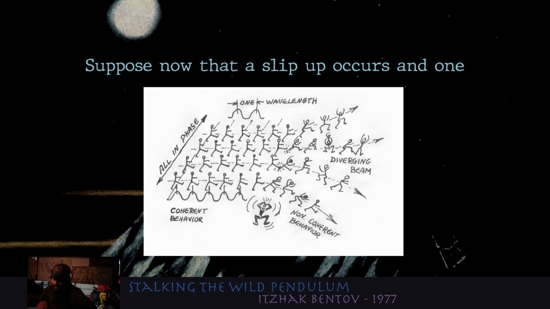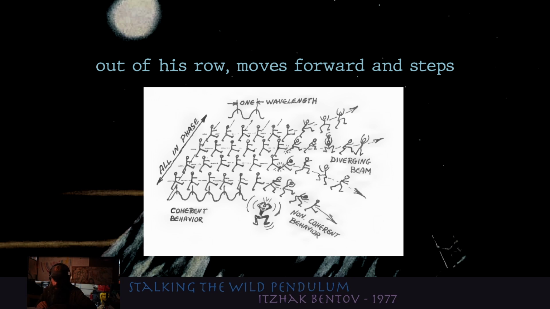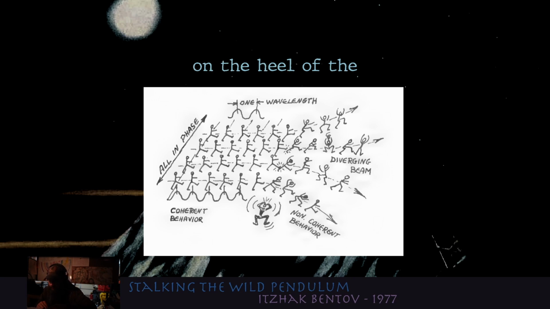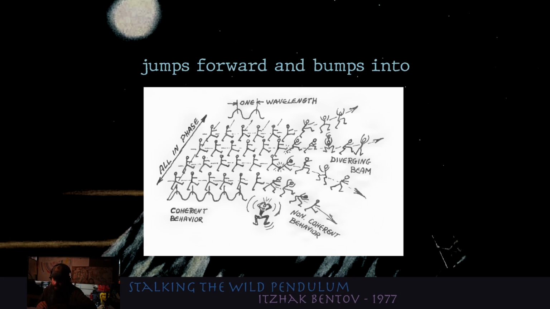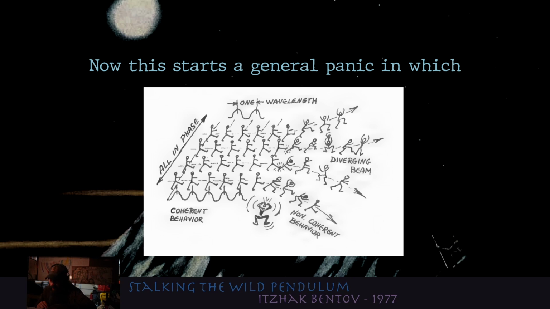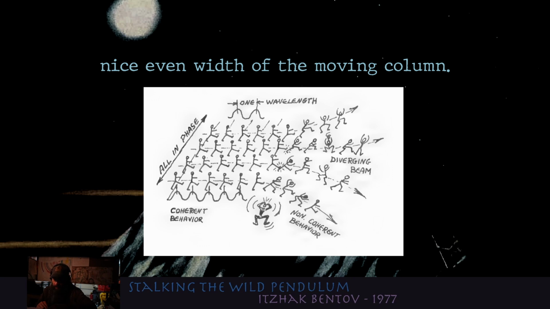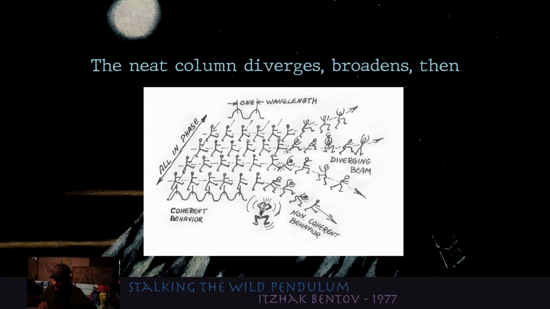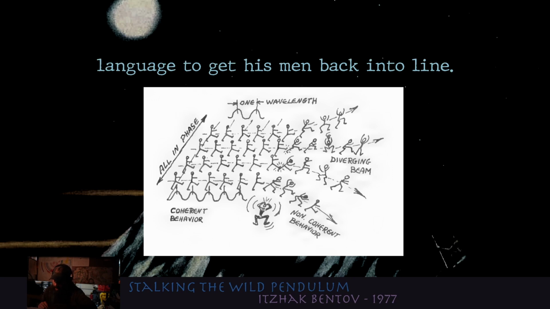Suppose now that a slip-up occurs and one of the soldiers, not watching his fellows, shifts out of his row, moves forward, and steps on the heel of the fellow in front of him. The latter panics, thinking that he is lagging behind, and he jumps forward and bumps into the fellow ahead of him. Now this starts a general panic in which the soldiers, bumping into each other, disrupt the nice even width of the moving column. The neat column diverges, broadens, then opens up completely in great disorder, in spite of the fact that their commander is blowing his whistle, tearing at his hair, and using strong language to get his men